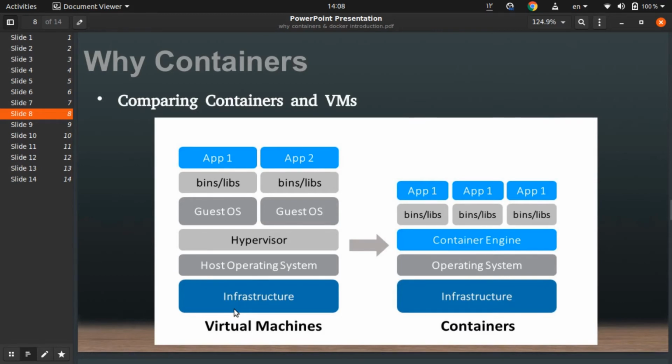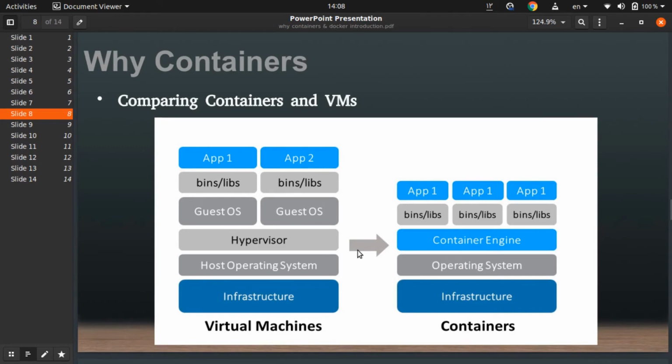We need to compare containers with VMs. We already talked about this. There was one infrastructure, a host operating system or one hypervisor installed on bare metal, and of course installing a guest OS, installing dependencies for the application, and the application running on top of them.